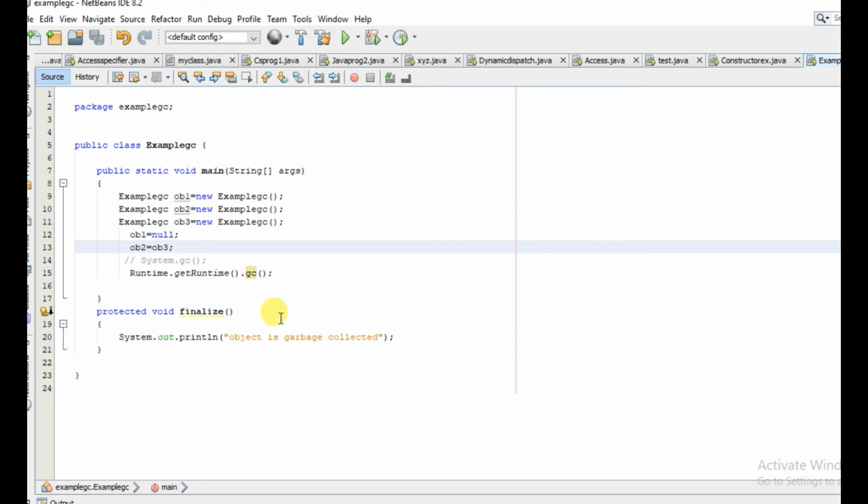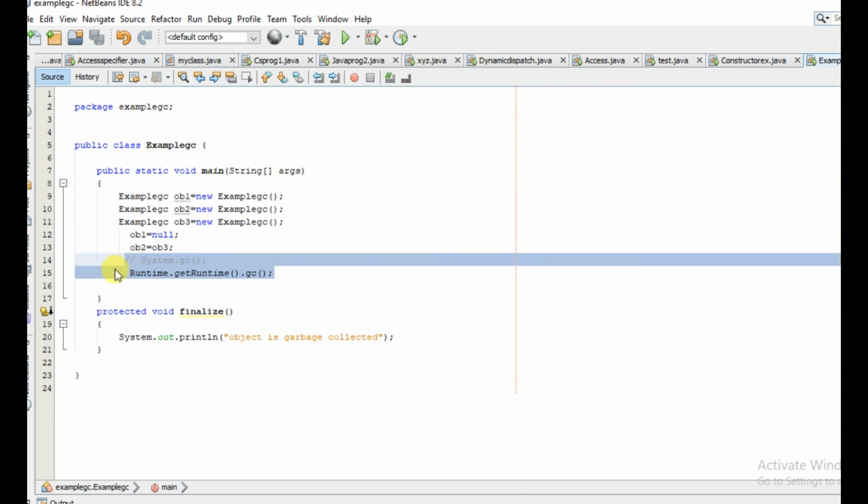These non-reachable objects will be garbage collected automatically by the JVM, but we can't be sure when the JVM will run the garbage collector. So if you want to explicitly request the JVM to run the garbage collector, that can be done using System.gc or Runtime.getRuntime().gc methods.